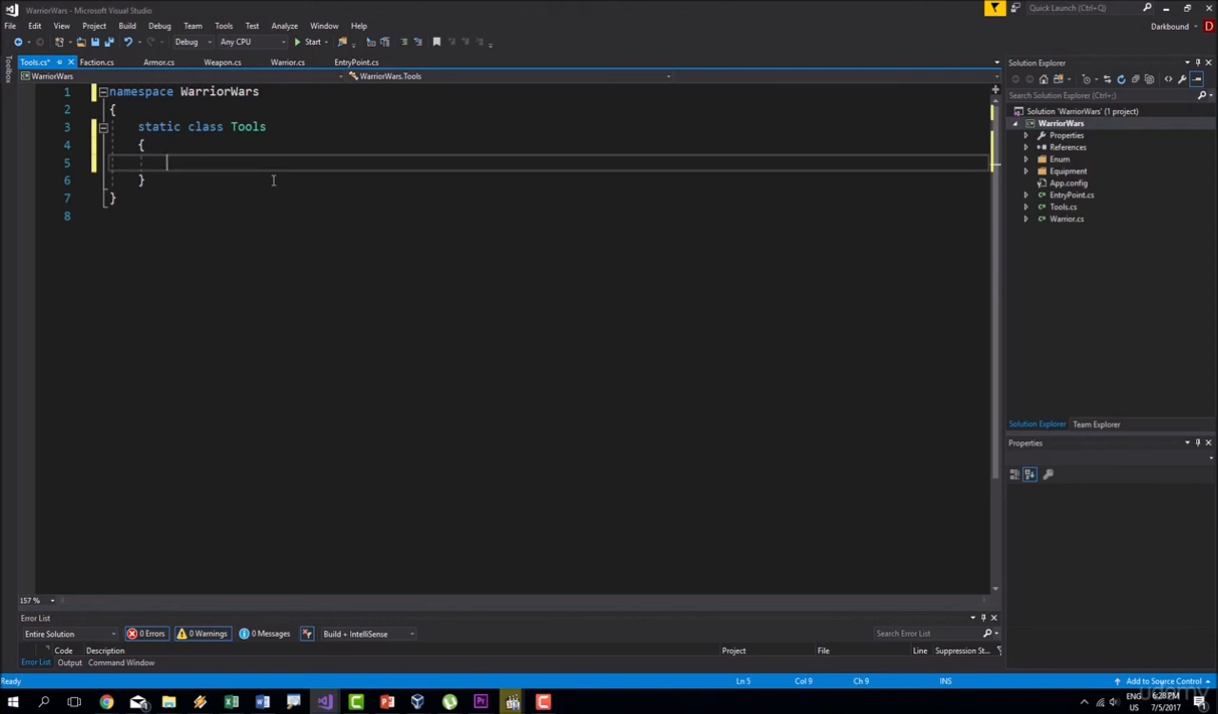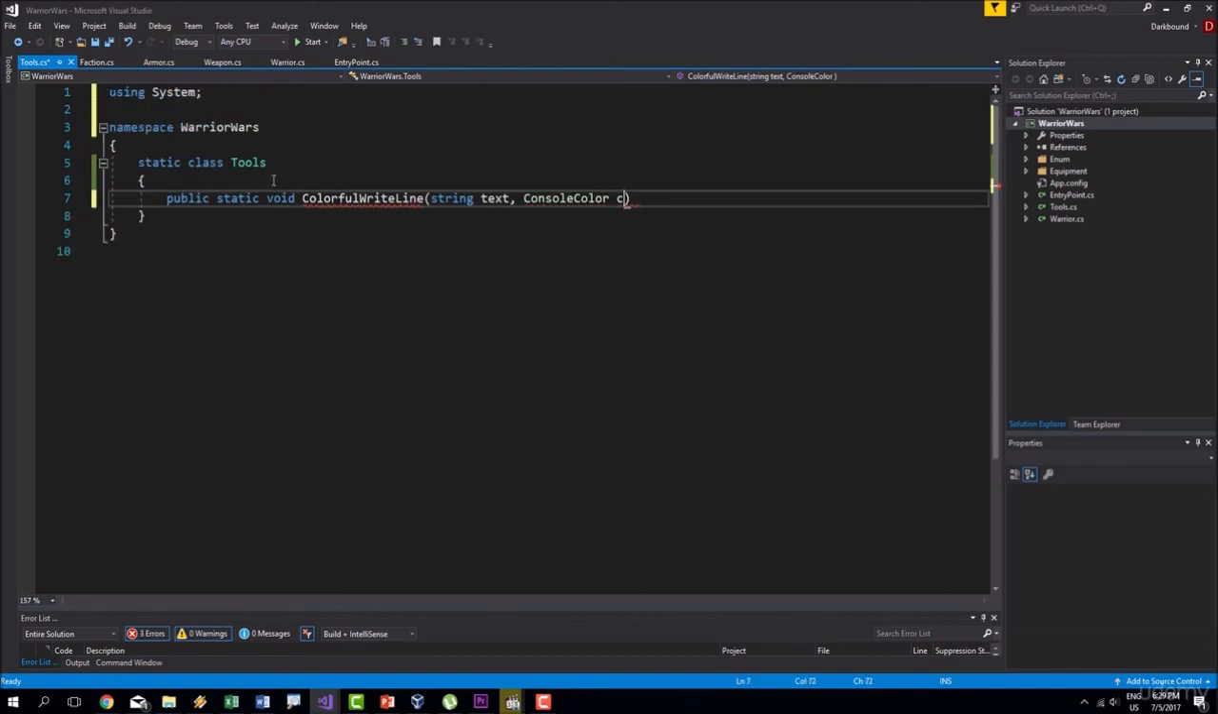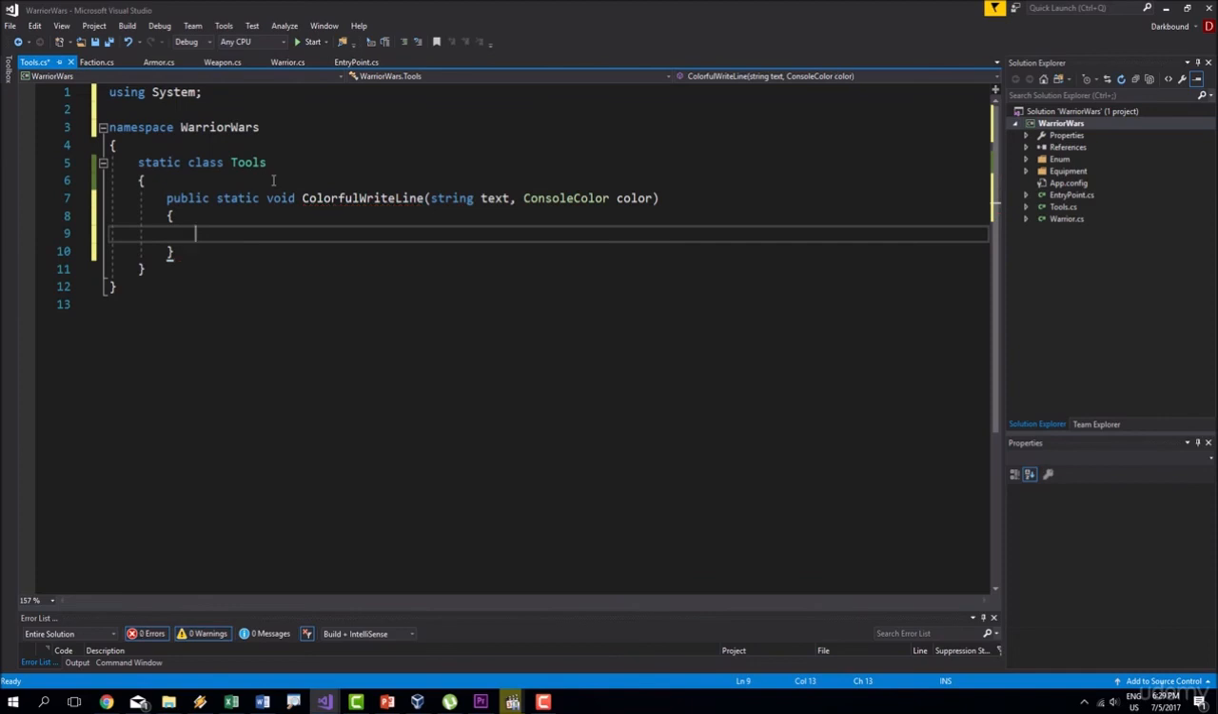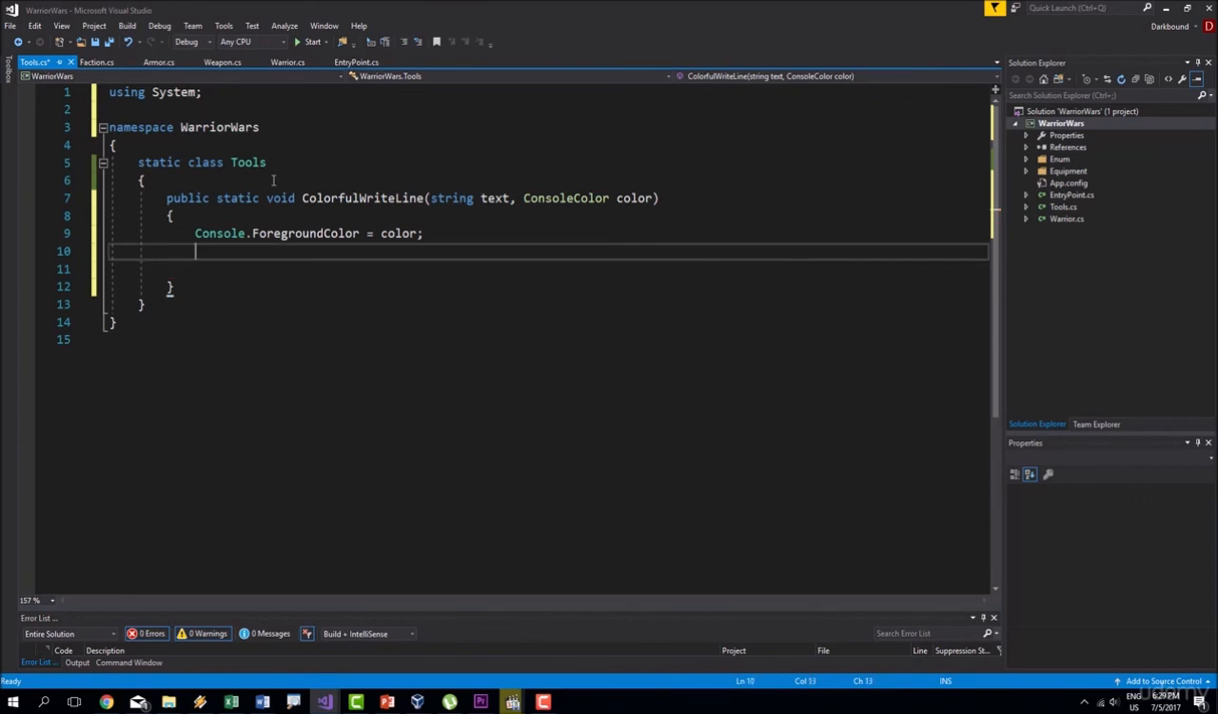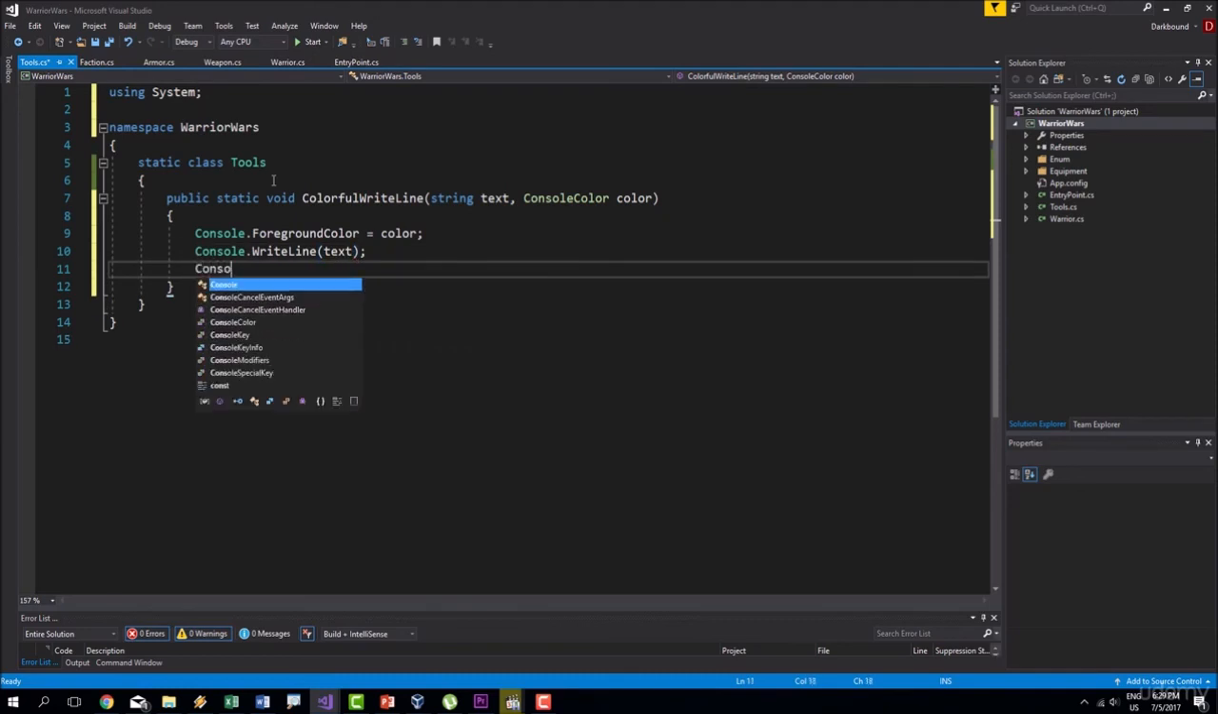So we're going to say public static void ColorfulWriteLine, and we are going to give it a string, the text that is going to be printed on the console, and ConsoleColor as the color that we are going to use for this message. So Console.ForegroundColor equals color, and here we are going to say Console.WriteLine text, and then we're going to reset the color. Reset color. Alright,